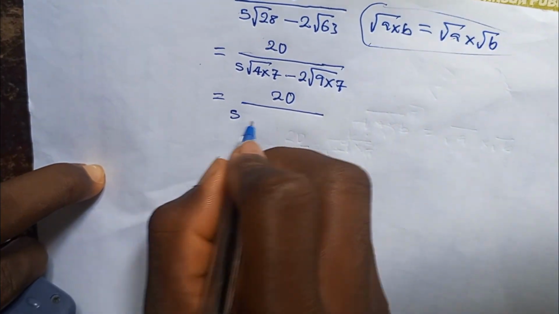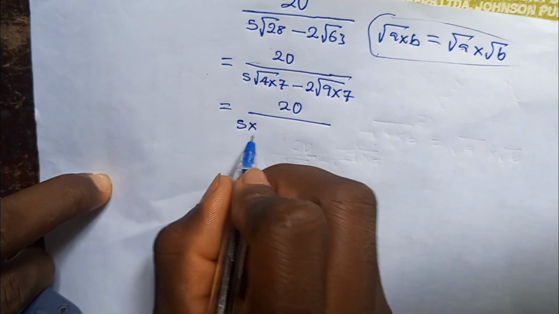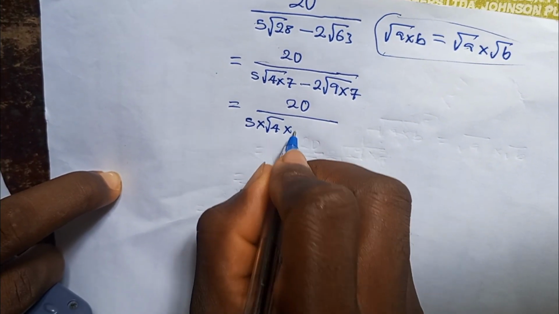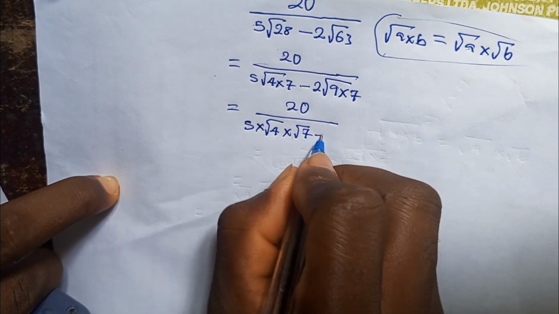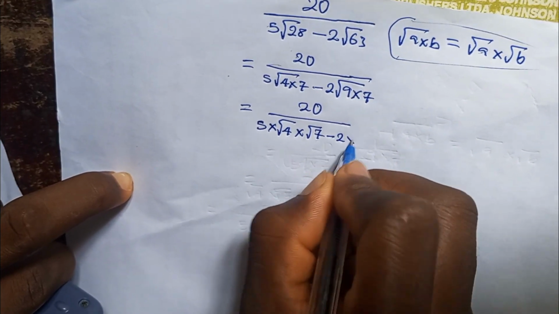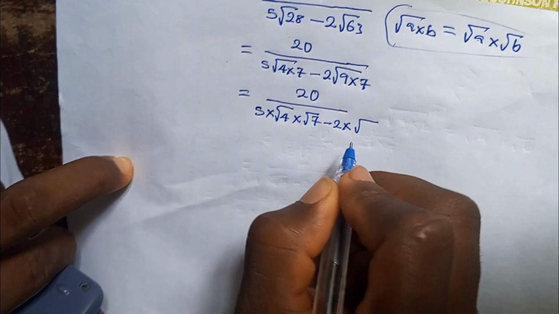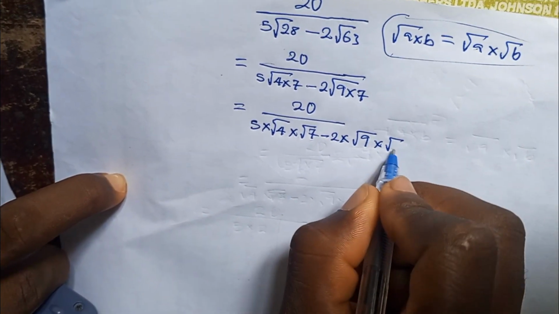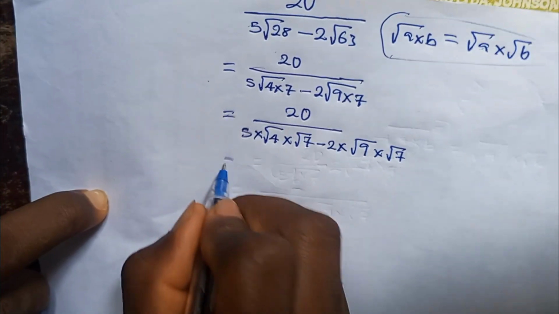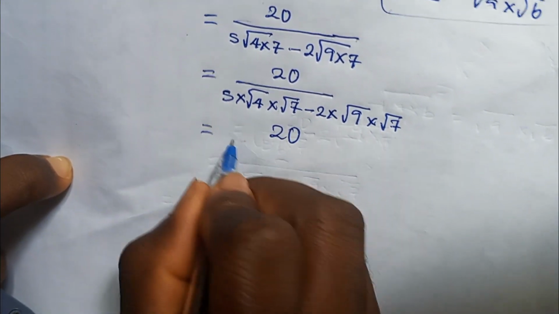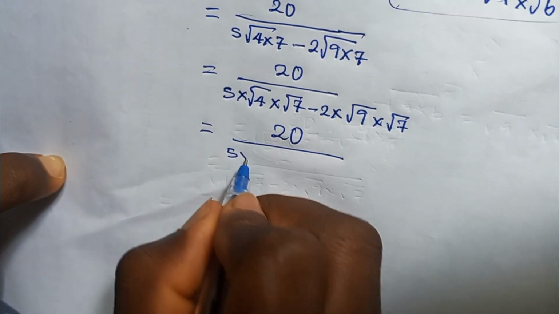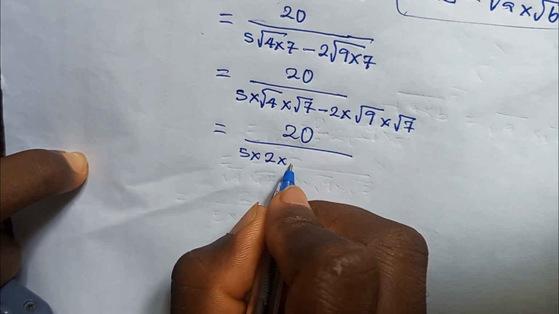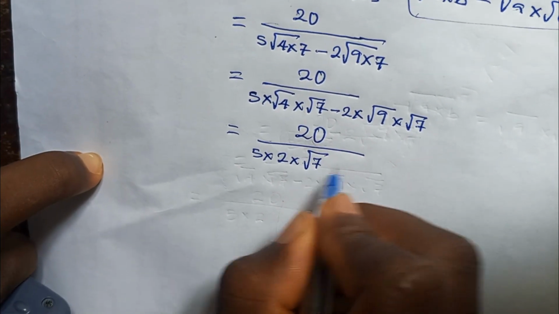So this is 5 times root 4 times root 7 minus 2 times root 9 times root 7, which is equals to 20 all over 5 times root 4 is 2 times root 7